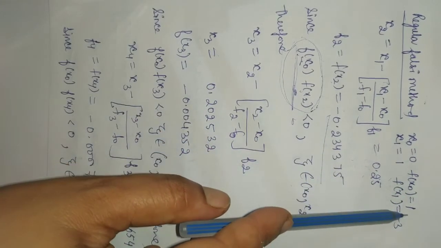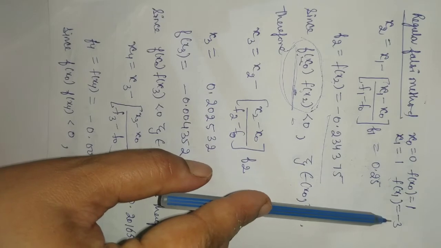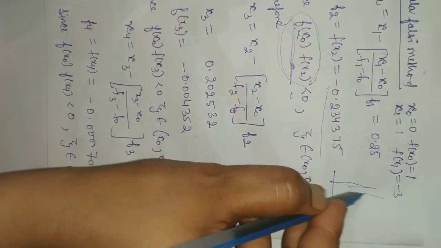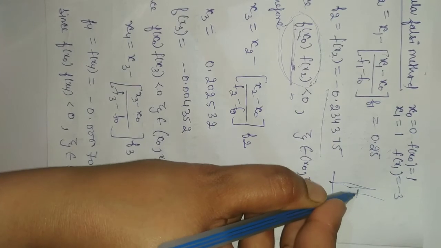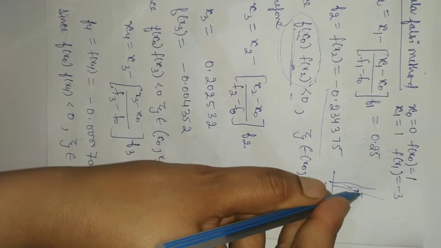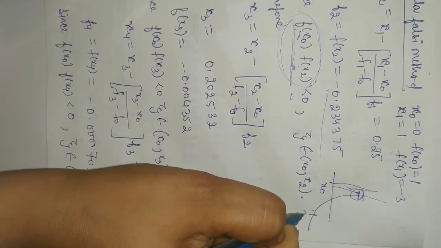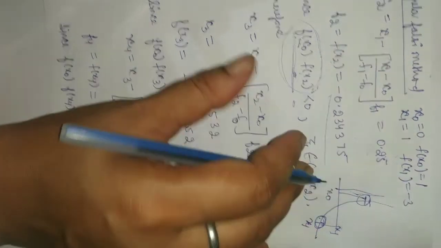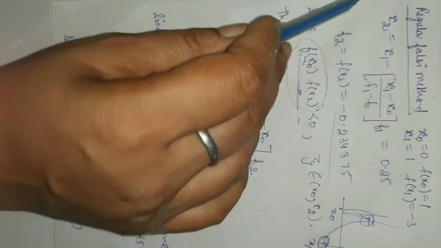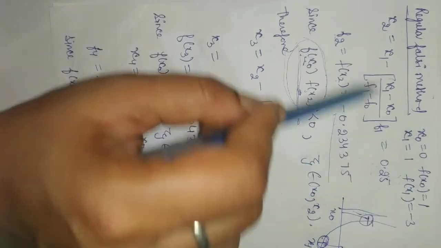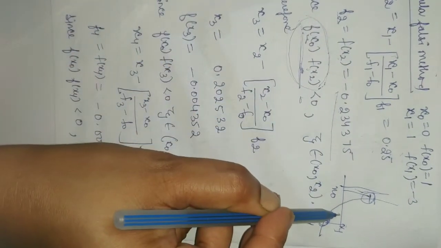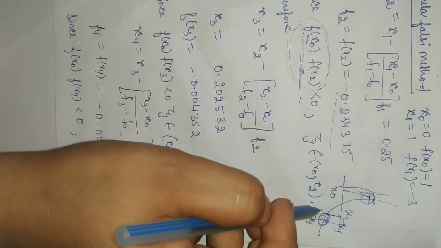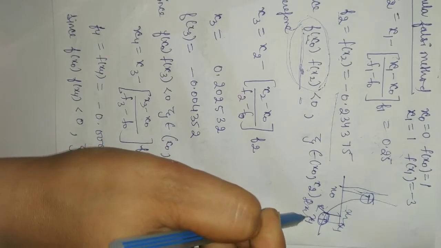अब हमने जब चेक किया, फंक्शन की वैल्यू x नॉट पे 1 है और x1 पे -3, इसका मतलब नेगेटिव है और ये पॉजिटिव है। मतलब जो आपका ग्राफ है, इट्स लाइक फंक्शन इज लाइक दिस। x नॉट पे फंक्शन की वैल्यू पॉजिटिव आ रही है और यहाँ कहीं x1 है जहाँ पे फंक्शन की वैल्यू नेगेटिव आ रही है। ठीक है जी। तो हमारे पास जो नेक्स्ट अप्रॉक्सीमेशन आई है वो आई है x2 जो कि 0.25 है, जिस पे फंक्शन की वैल्यू अगेन नेगेटिव, मीन्स x2 इज लाइक दिस। यहाँ कहीं x2 आपके पास आ जाता है, यहाँ पे फंक्शन की वैल्यू अगेन नेगेटिव आई है।